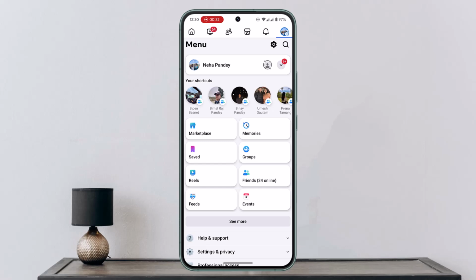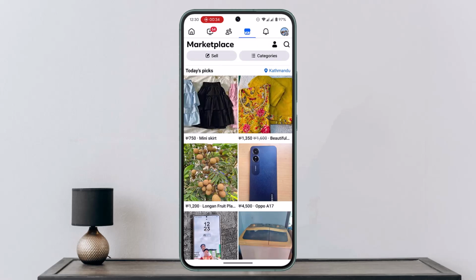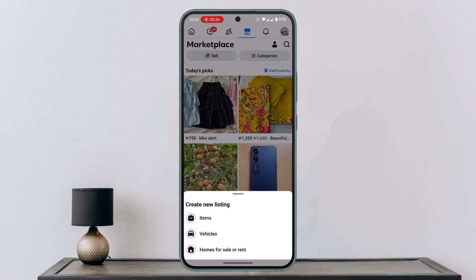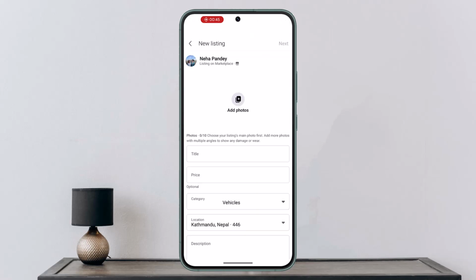Next thing you want to do is go to the Marketplace section and then click on Sell from the top left hand side corner once again. You can see a drop down menu where you can find Create new listing. Select Vehicle. As you do it, you will then be taken to the field where you need to go and